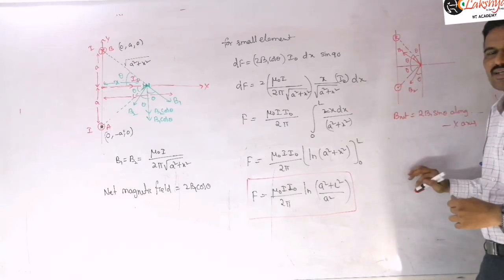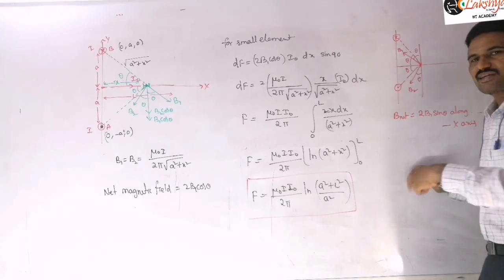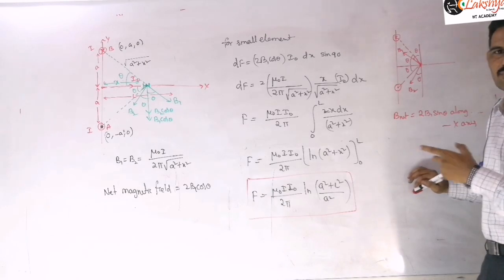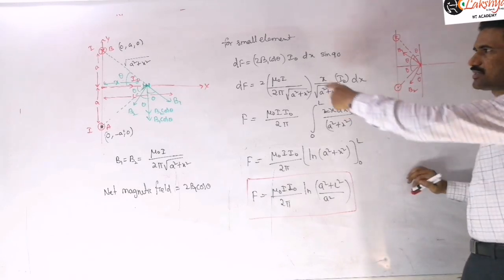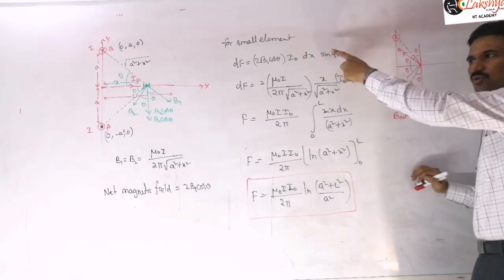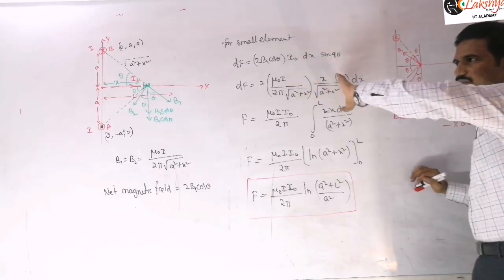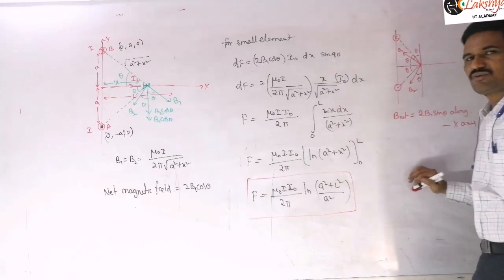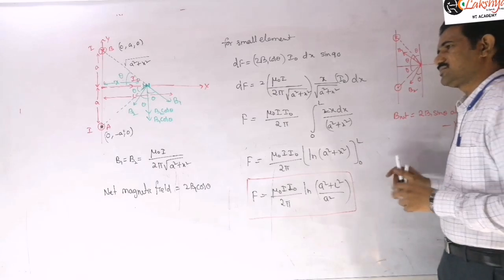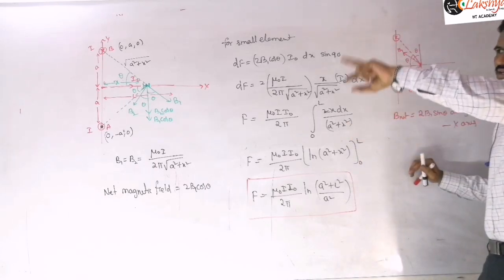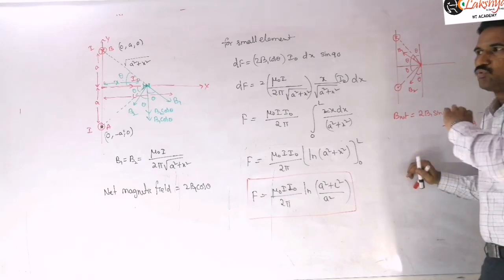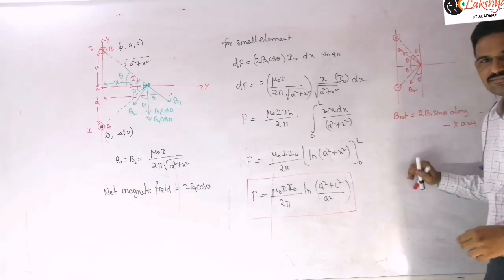If the magnetic field is along the x-axis, then the force acting on that wire will be 0, because now L bar and B bar are parallel to each other. That means this angle now we need to take as 0, sine 0, because the dL bar and B bar, the sine theta term, will be along the same direction there. So that means in this problem our answer is, if any one of the currents is reversed, that means if the currents in the wires A and B are in opposite directions, no force acts on this wire.